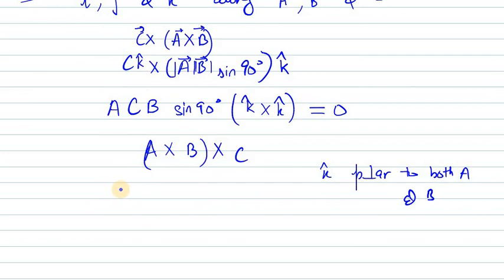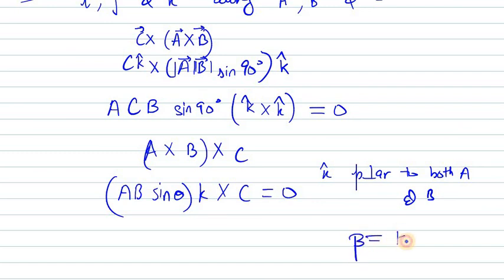So A cross B can be written as AB sine theta k, and we have k into C equals 0. Now we have AB sine theta. Now we can write C as C sine beta. And now I will be writing what beta is. So beta is the angle between K and C, and I will be taking U as the unit vector perpendicular to both K and C,